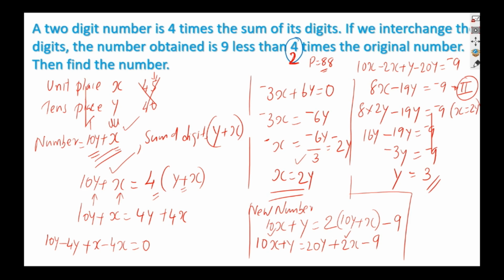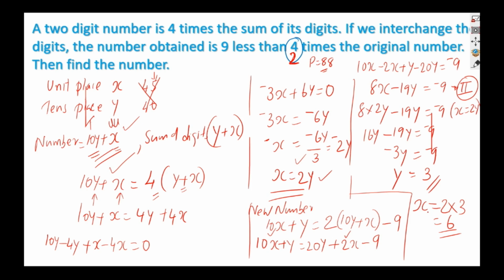Now we have an easy task. We have the equations here to substitute, that's enough. So we will substitute in one of the equations. Right? Let us substitute in this the value of y. x is equal to 2 into 3 in place of y, which is equal to 6. We got x. Once we got x,